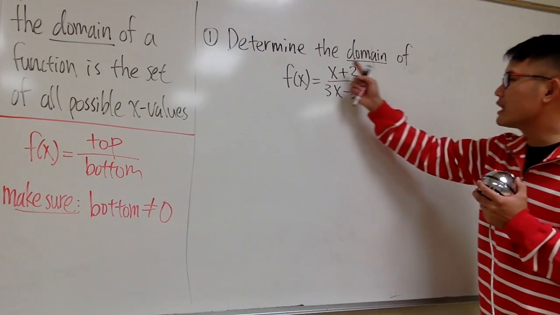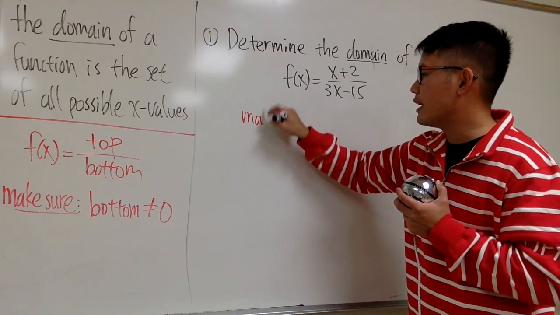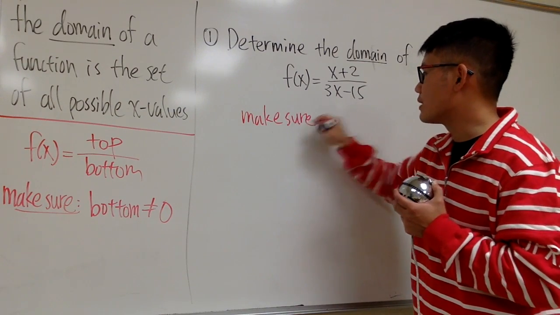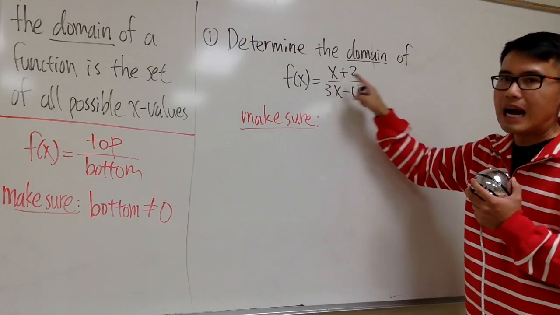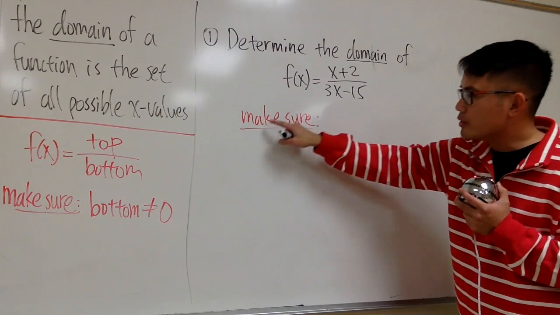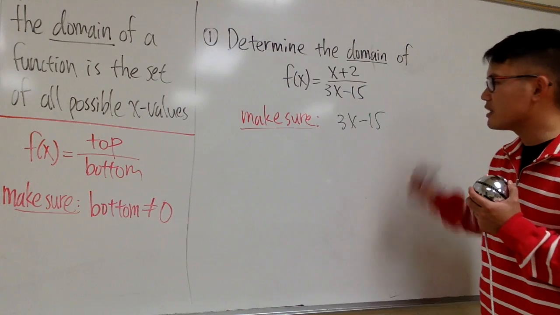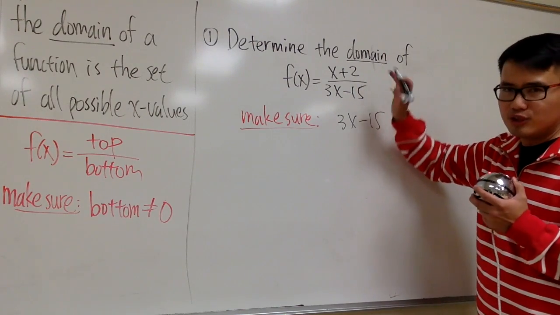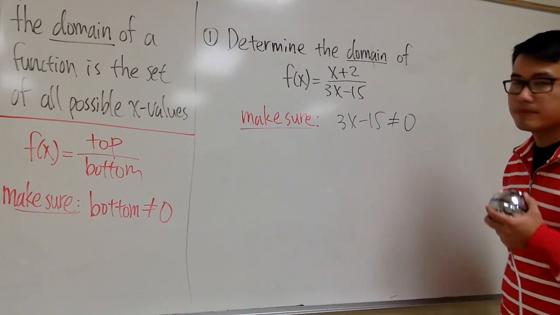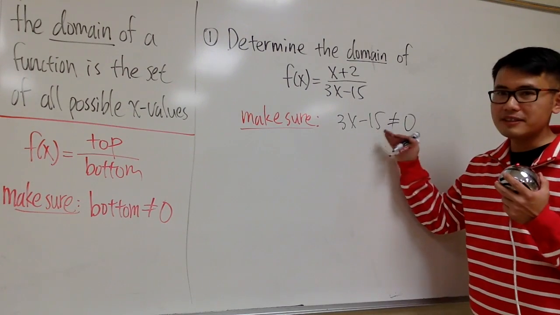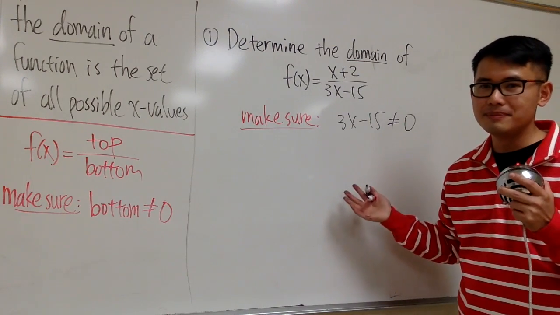So right here, when we are given a rational function like this, all we have to make sure is that nothing goes wrong. Well, in this situation, we only worry about the denominator, the bottom. We are going to make sure the bottom, so let's put it down, 3x minus 15. The top is okay, just the bottom we have to worry about, and this cannot be 0. Okay? This is the setup,